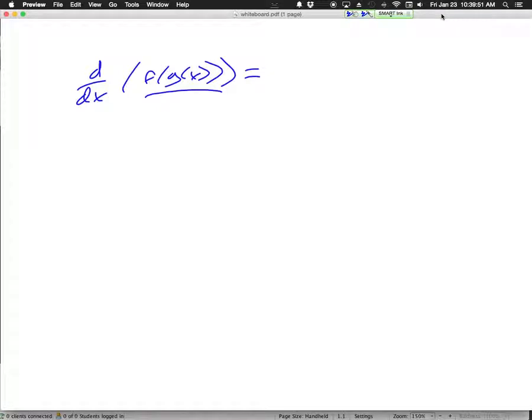Derivative of the outside, inside stays the same, times the derivative of the inside. The outside function is f. The inside function is g. You just put parentheses around it to make it all the same equation, but it's not all the inside. So that means